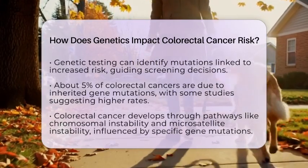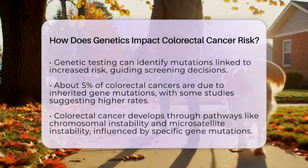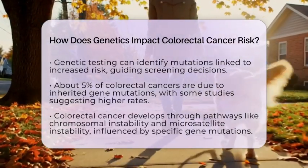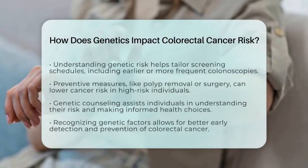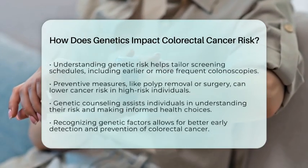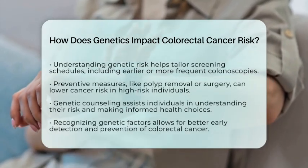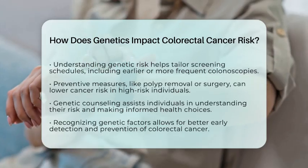Understanding your genetic risk can help guide personalized screening plans. For example, high-risk individuals might need earlier or more frequent colonoscopies. In some cases, preventive surgery, like removing polyps or parts of the colon in syndromes like familial adenomatous polyposis, can greatly reduce cancer risk. Genetic counseling is an important step to help people understand their risk and make informed decisions